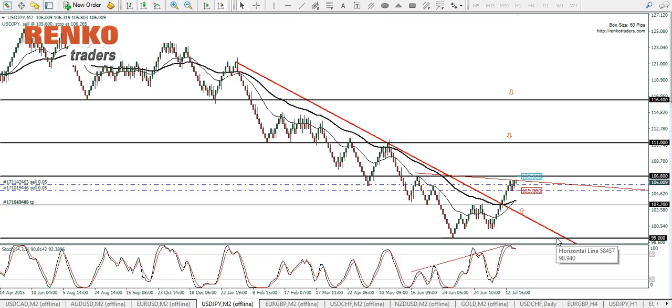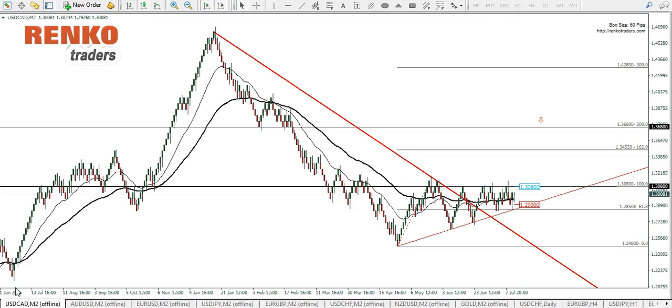So this is what's happening in the dollar yen. Expect a near-term pullback to 103.2 and followed by a rally to 106.8, 111, and 116.4. Moving to the USDCAD, what you have here is a similar setup. Prices have been trending lower, and then the long-term trend line was broken, and currently you have prices moving in a rather flat range, but however, note that you have an ascending triangle forming right here,